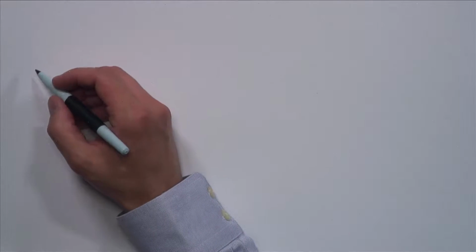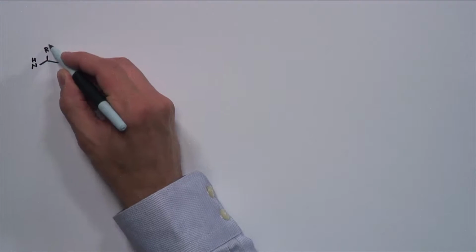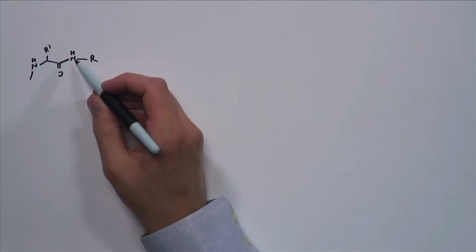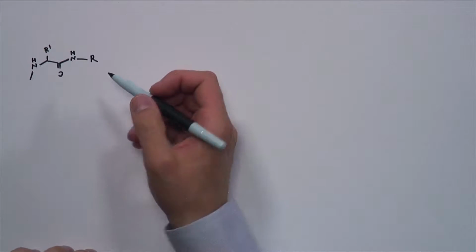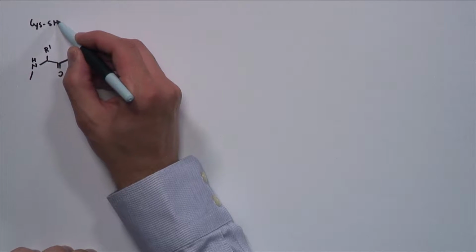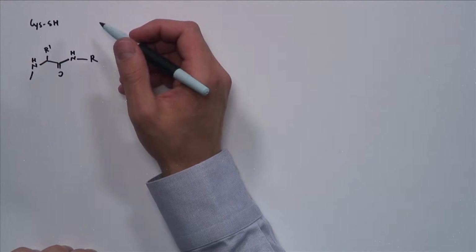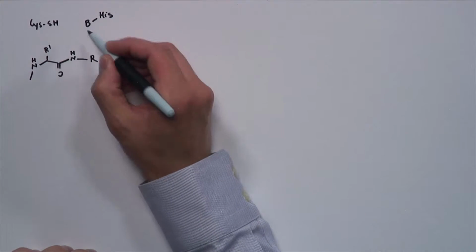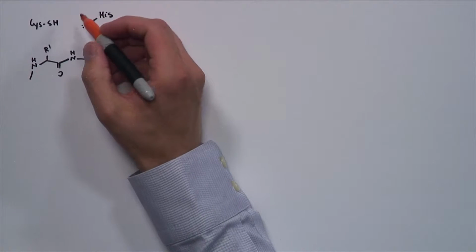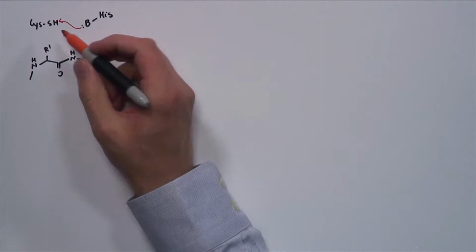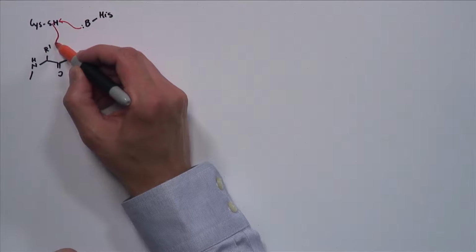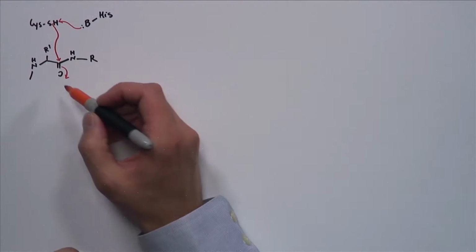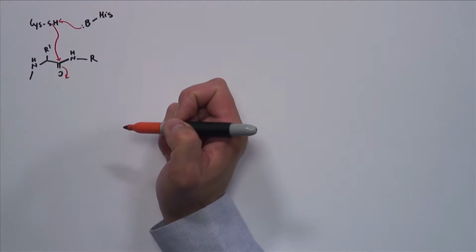Here is our peptide substrate. And this is the peptide bond that's going to be cleaved by the protease. As we mentioned, we have a cysteine in the active site, and we have a histidine that's just going to function as a general base. I'm going to denote it as B. In the first step, the histidine is going to deprotonate the cysteine. The cysteine is then going to attack the carbonyl of our peptide bond, and the electrons are going to go to the oxygen and form a tetrahedral intermediate.